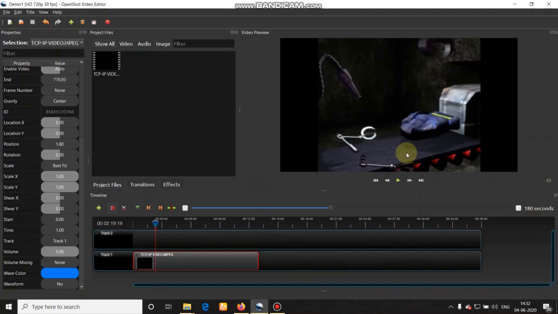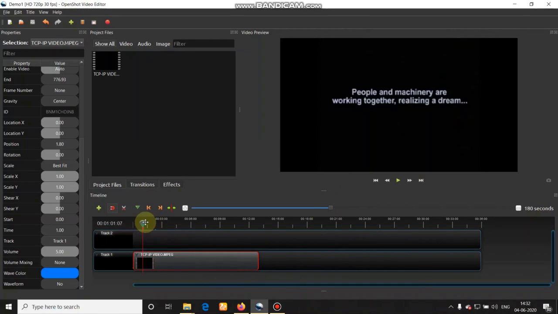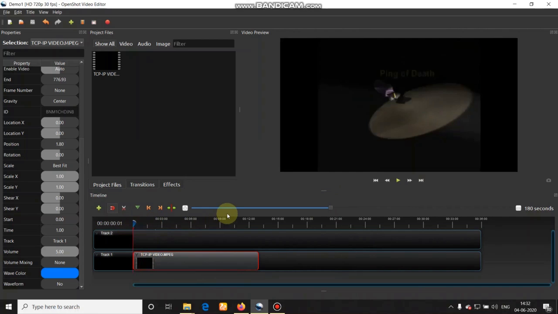Now suppose I want to decrease the volume of the clip. So you can move to the beginning of the clip using the blue slider, at 0, and you can set the volume as 0.5, that is 50% of the original volume that you have. So now go to the preview window and see whether it is set to 50% of the original volume or not.